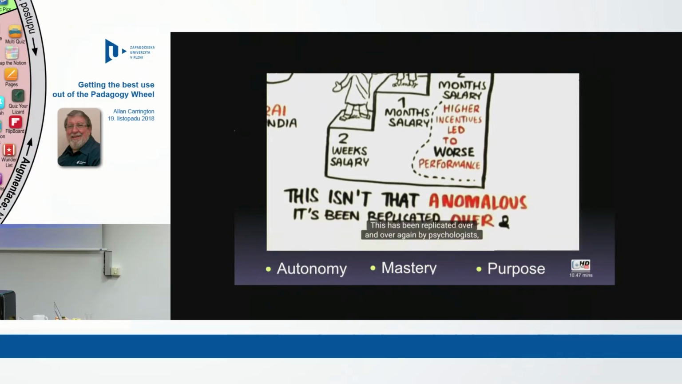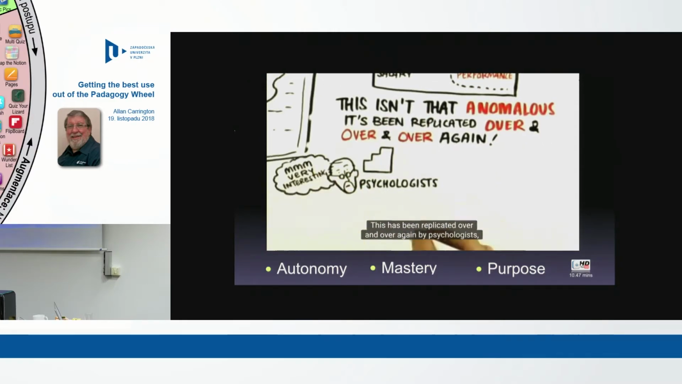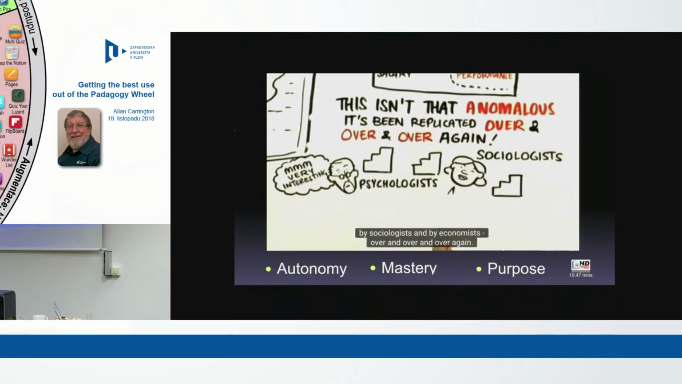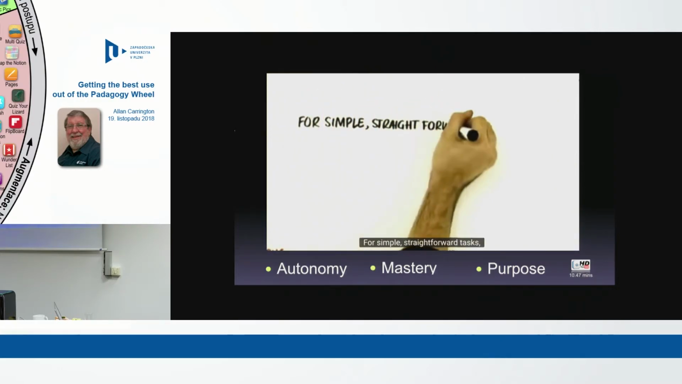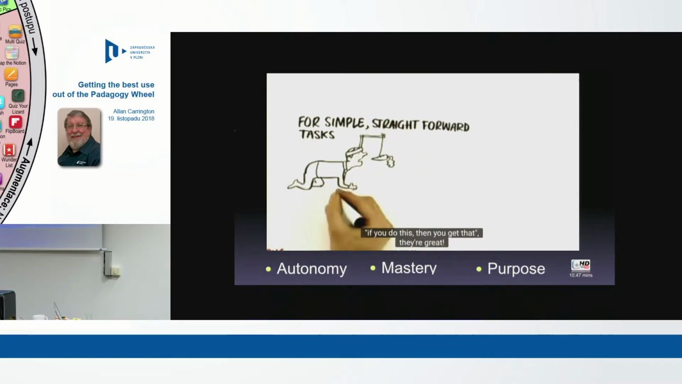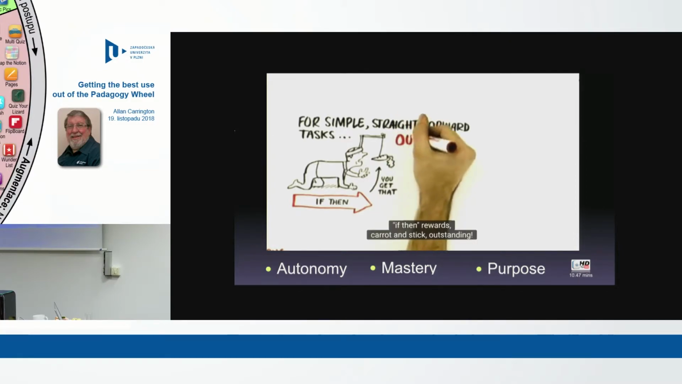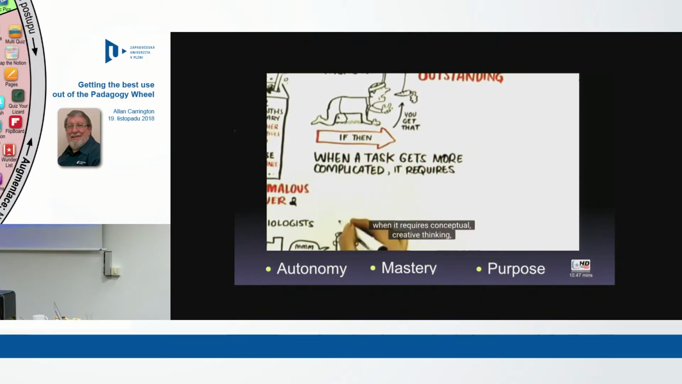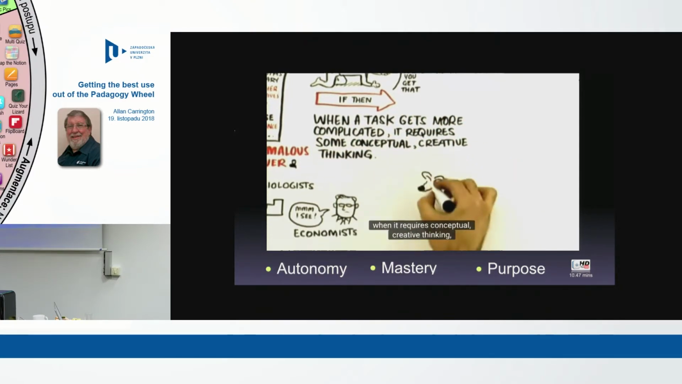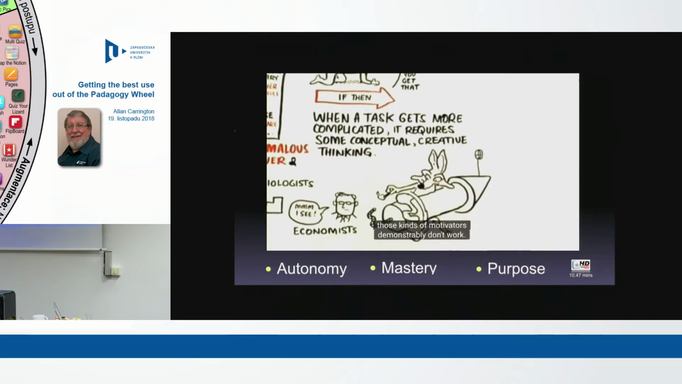This has been replicated over and over and over again by psychologists, by some extent by sociologists, and by economists. For simple, straightforward tasks, those kinds of incentives, if you do this, then you get that, they're great. For tasks that are algorithmic, a set of rules where you have to just follow along and get a right answer, if-then rewards, carrots and sticks, outstanding. But when the task gets more complicated, when it requires some conceptual, creative thinking, those kinds of motivators demonstrably don't